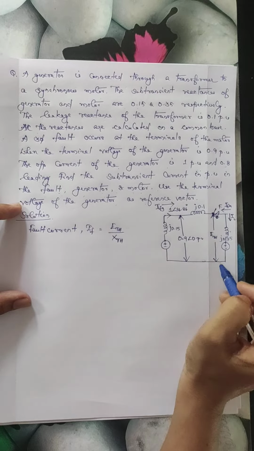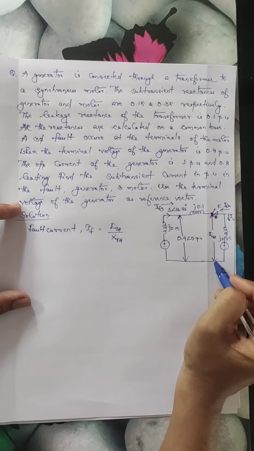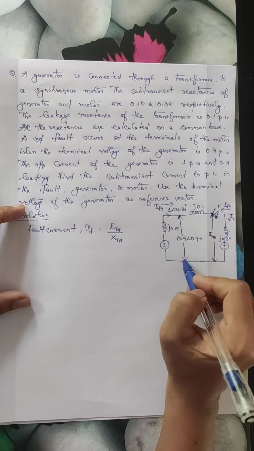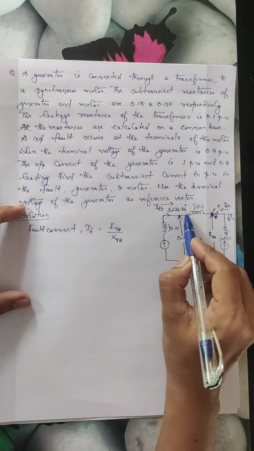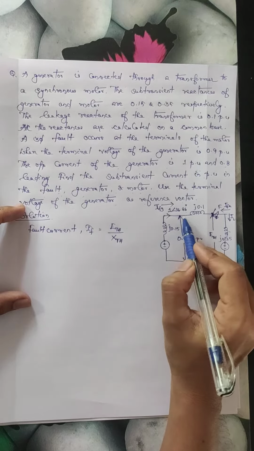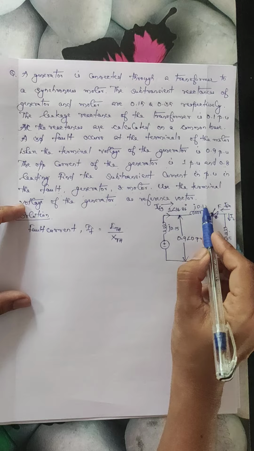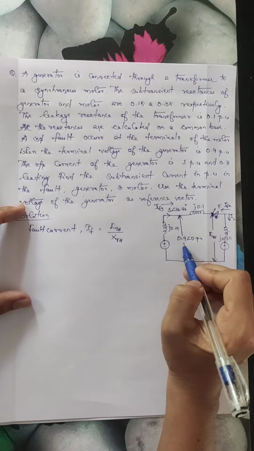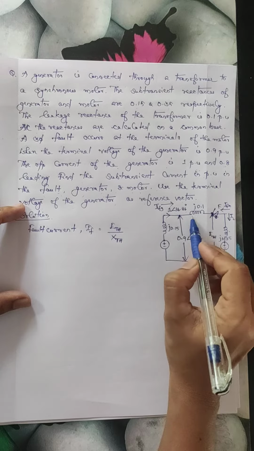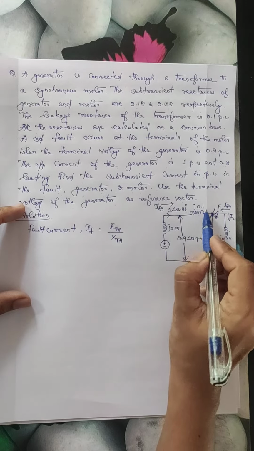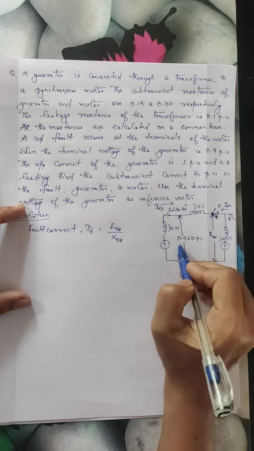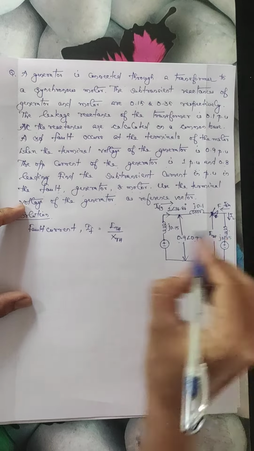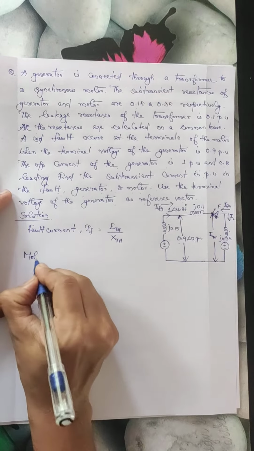So we have to calculate the terminal voltage of the motor, and for that the generator terminal voltage is given, and we also know the load current. If we subtract the voltage drop across the transformer reactance from the generator terminal voltage, we will get the motor terminal voltage. So motor terminal voltage ETH